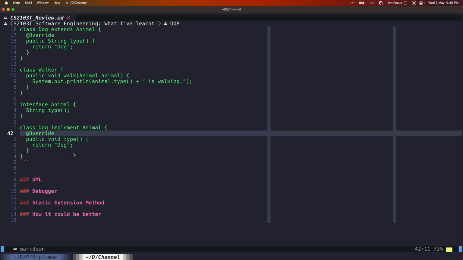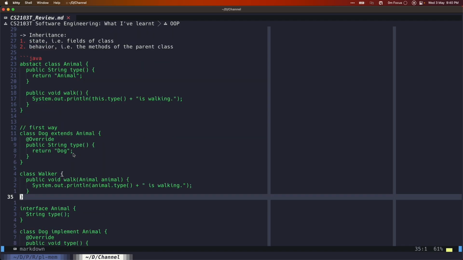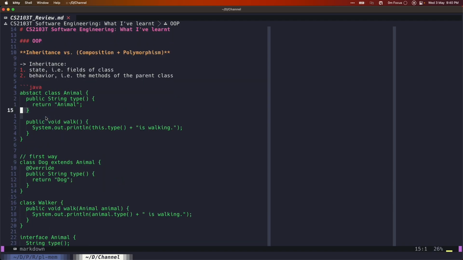So in this sense, think about the other case of this Animal case. We have an abstract class and we have a string type and a work.